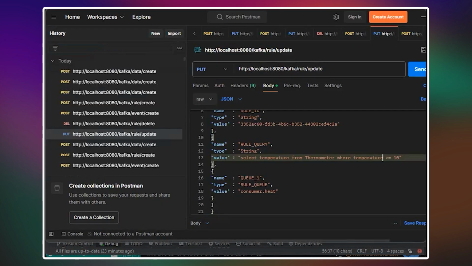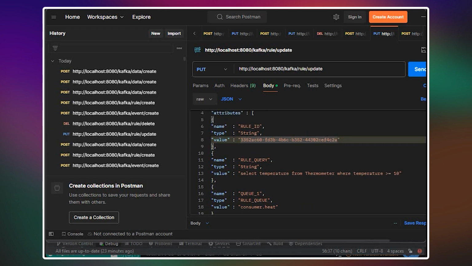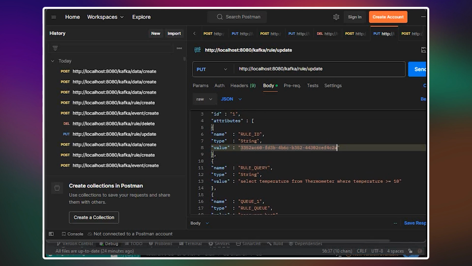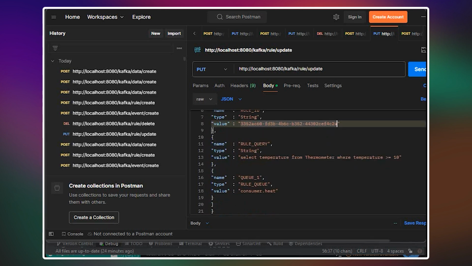So I say respond in this and change the destination of the information, and now it considers temperature over 10, no longer under 10. You should realize that I put the ID here of that behavior, that query, and let's go see that.